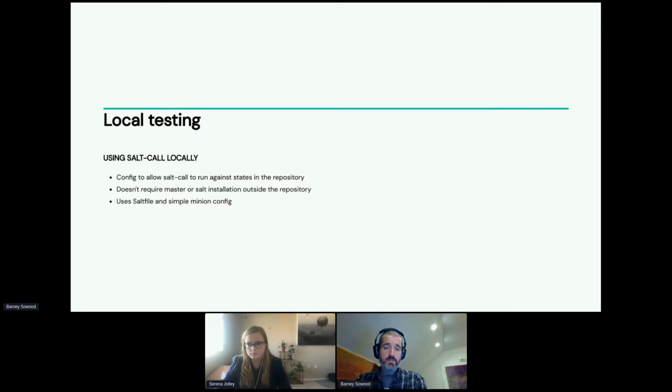What we have is some config in the repository to set up the salt CLI tools to work with the states in place in the working directory. So rather than needing to copy states elsewhere to test, we set the repository up so the tooling just works in place with the state files that you're working on at the time. You can also use this setup for other CLI tools. So, if you want to do it with salt-ssh, for example, it will also work.